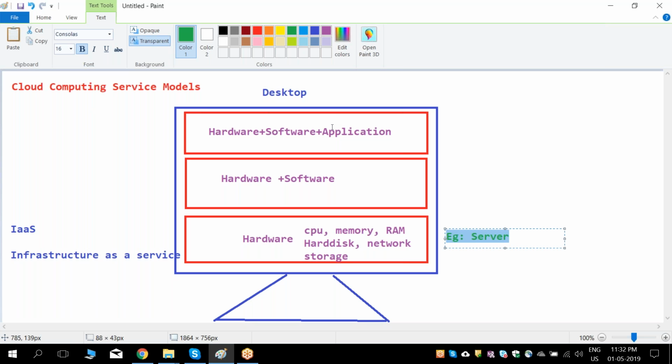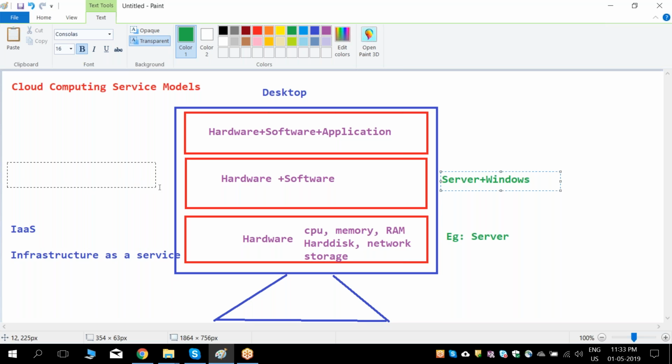No, we need to have operating systems installed on top of it. So now in this example it is hardware plus operating system, that is server plus Windows operating system or Linux operating system. I want to develop some applications. For that I need an operating system. The operating system varies according to the requirement. So this particular layer